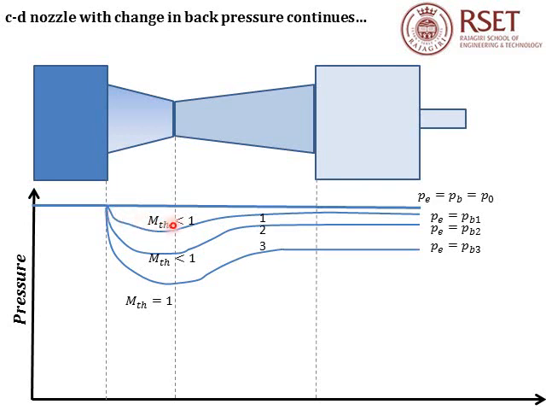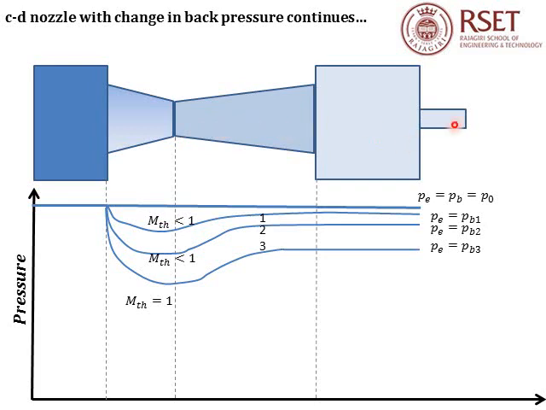And at the throat, it comes to a particular value of Mach number. If the Mach number is less than 1, then a subsonic flow will be entering a diverging duct. Hence, the diverging duct will act as a diffuser. The flow will get compressed and the pressure will increase such that at the exit of the CD duct, the pressure will be equal to the back pressure so that it flows smoothly into the settling chamber. Here, the CD duct doesn't act as a nozzle, instead it acts as a venturi.